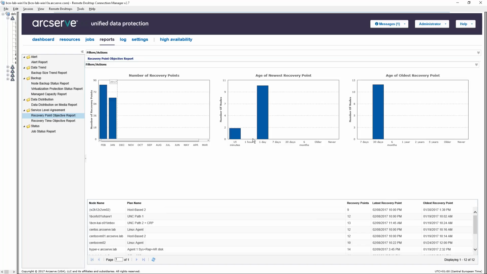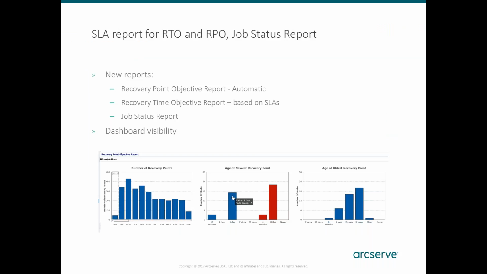You might see some older recovery points in some systems if you decommission machines that you then no longer create new backups for. But this is perfectly normal, and you would automatically see this because obviously for those columns here, you have the details down here. And here, in this environment, the age of the oldest recovery point is just 30 days, so you don't have a big spread. But if I go back into the slide, you see that here there was actually